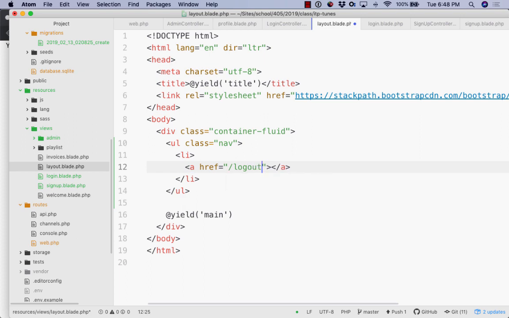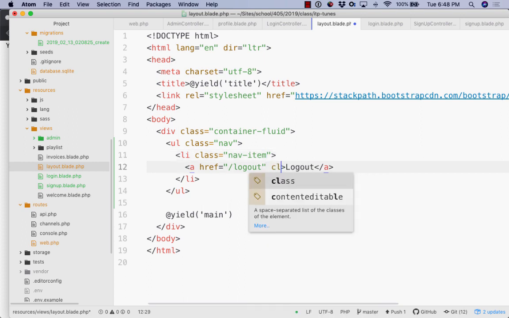So I'll say log out, and we'll put the text log out. And while we're at it, I think these things need some extra classes. So class is equal to nav item,